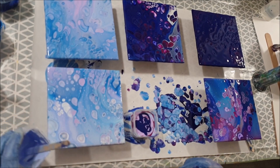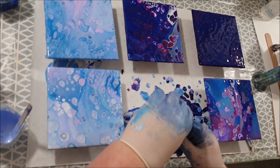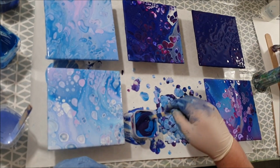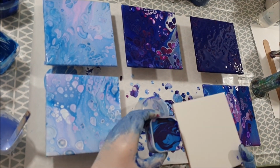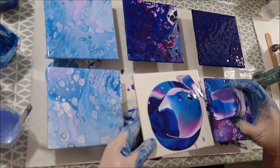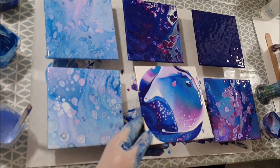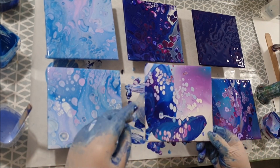I forgot what order I was pouring in here, so I had to stop and go back through it in my head. Now, did I remember to put some white on the top? No. So this one just had white on the bottom. I obviously lost concentration a little bit. But I had a lot more paint on this one, so I didn't need to tilt as much. So I've got some really good cells there, you can see. Of course, I'm tilting quite a lot of them off, but